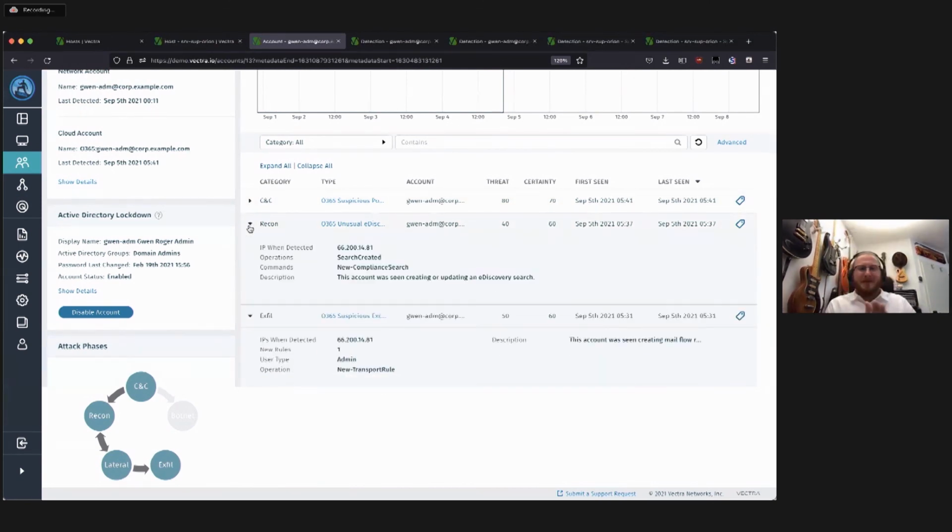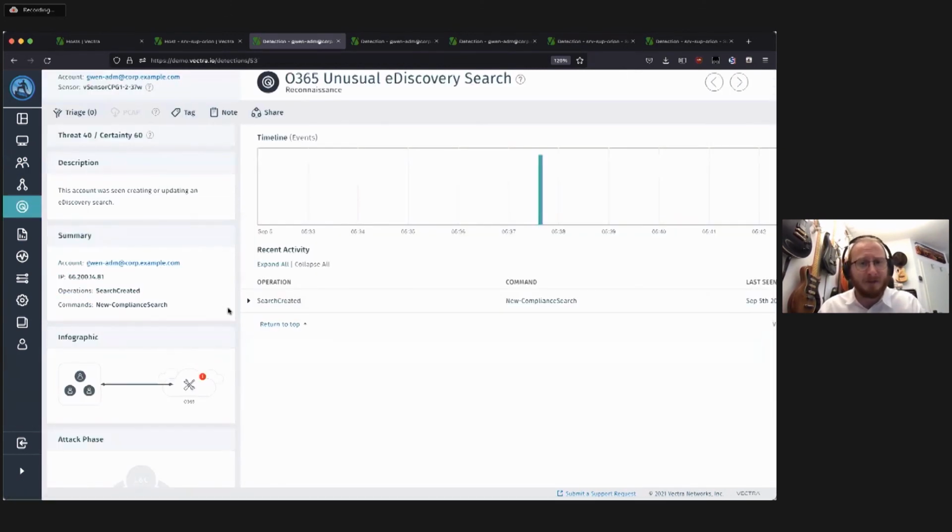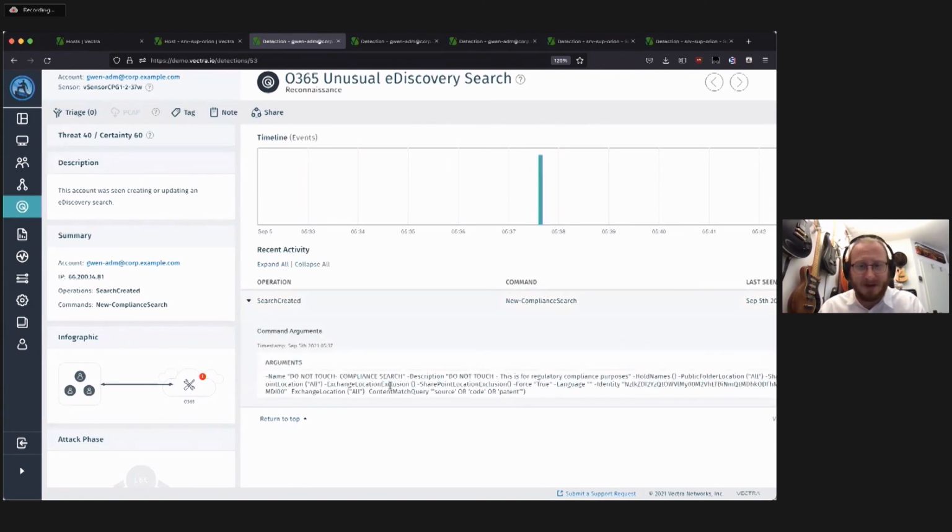And then the very interesting thing happened. Probably you know the eDiscovery function of Office 365. eDiscovery is a great tool to find everything in your tenant. It searches through everything and provides you everything on a silver plate. The attackers know that as well, so they create searches. In this case, we had a search created, as you can see here, that matches the content: source code or patent.